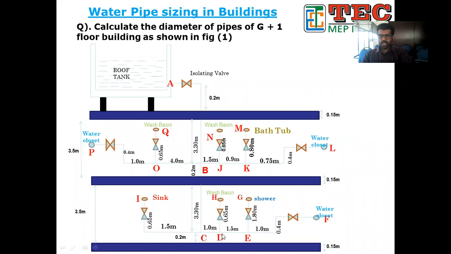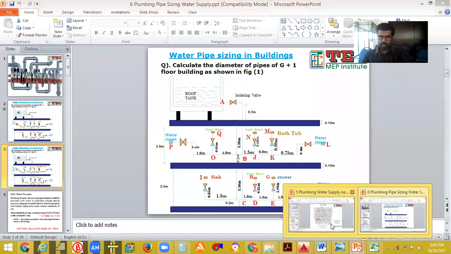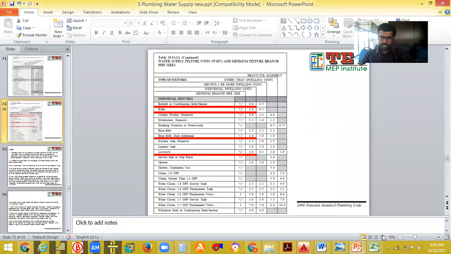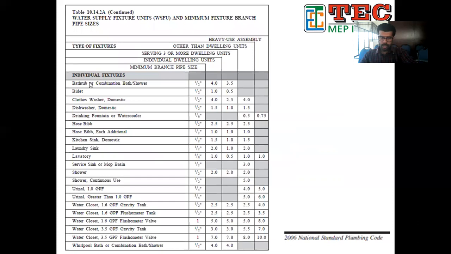So CD pipe size is 20, DE pipe size is 20, DH pipe size is the minimum pipe size, EG pipe size is the minimum pipe size, EF pipe size is the minimum pipe size. You understood what I'm saying? Yes, sir. So is it easy for you? All the fixtures should be the minimum pipe diameter. If it's a shower or a wash station or a water faucet, you can get the pipe size directly from this table. This is the pipe size of individual fixtures.